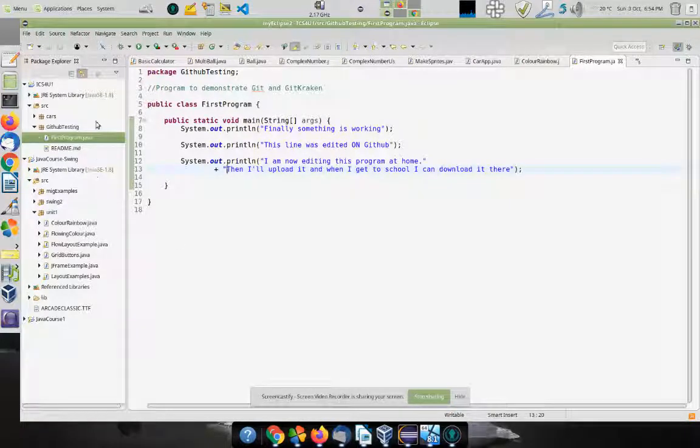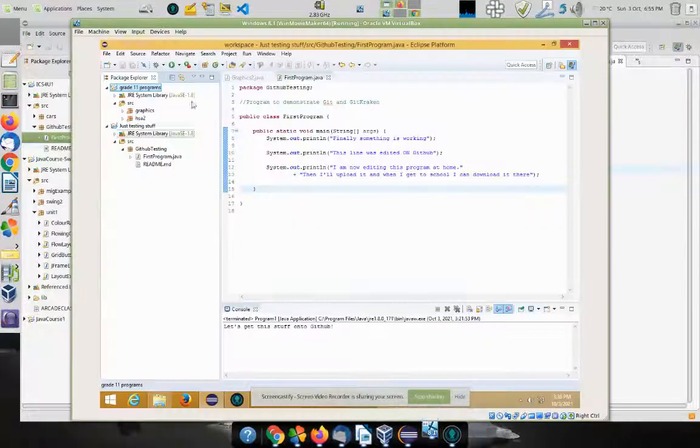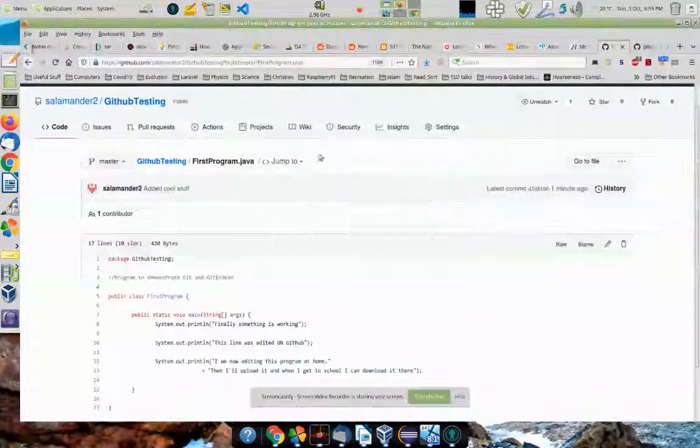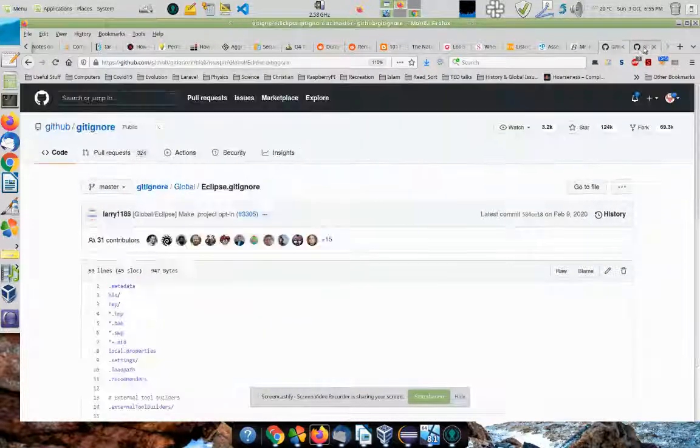You also have to be using the same version of Java, probably. Maybe not. Okay, this is Java 1.8. I should have used a different version of Java. That's also 1.8. To avoid the Eclipse files being messed up, you have to add something called an Eclipse gitignore. So if I just copy this,